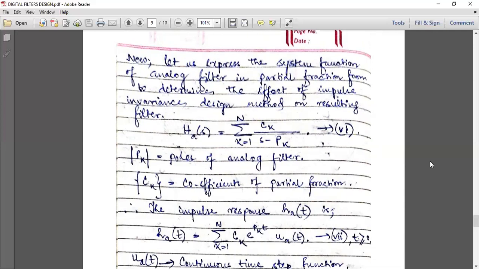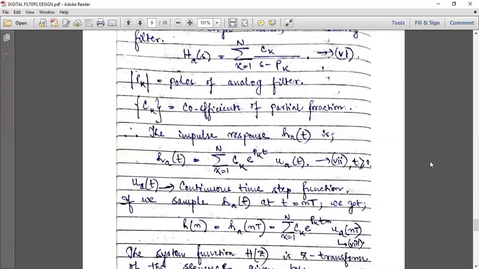Now what will be the impulse response of H_a(s)? Obviously the impulse response will be h_a(t). So h_a(t) is equal to summation k equal to 1 to N of C_k into e to the power P_k t into u_a(t). Now what is this u_a? u_a is the continuous time step function. Okay, now if we sample h_a(t) at t equal to nT,